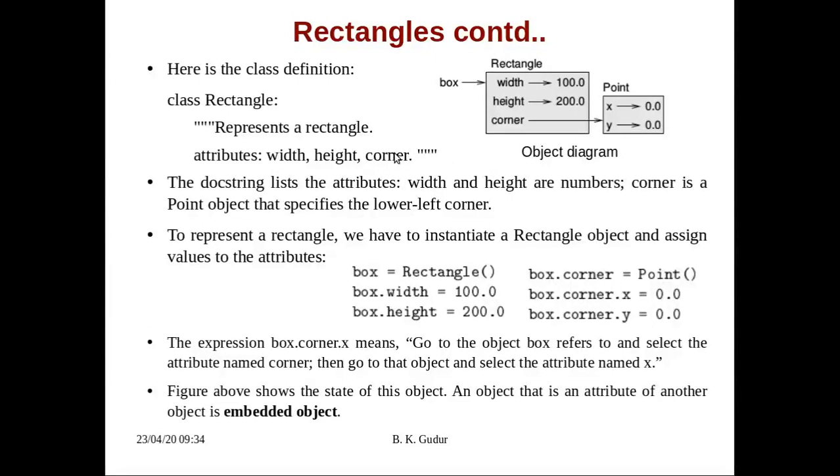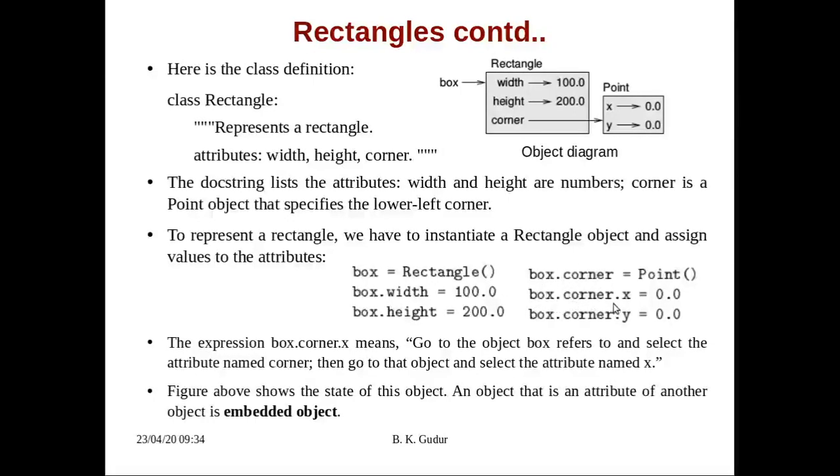Remember, this corner is an attribute of the class Rectangle, and this attribute is once again an object, because I'm initializing box.corner to Point, which means Point is once again an object. Here it is going to instantiate one object. So box.width is a plain variable in the Rectangle class, whereas box.corner is an object in the Rectangle class.